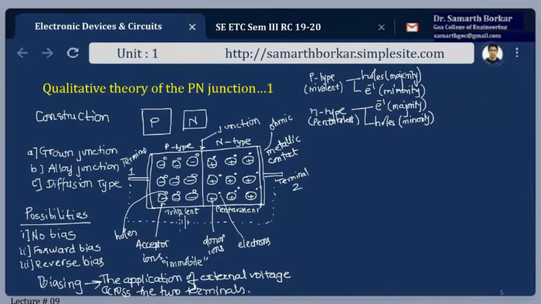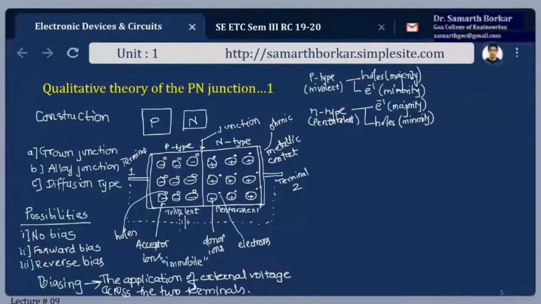Because the concentration of holes here is less, the electrons, which are large in number, will try to go into this block, the p-type region. This will continue till we reach an equilibrium, meaning equal distribution of holes and electrons. Now to begin with, there exists a concentration gradient, and the holes from the p end will move to the n-type on the right, and the electrons from the right hand side will go into the left hand side, that is the p-type region.